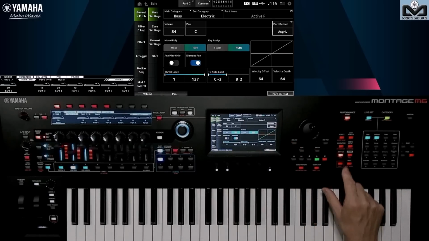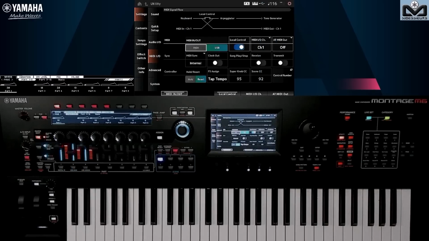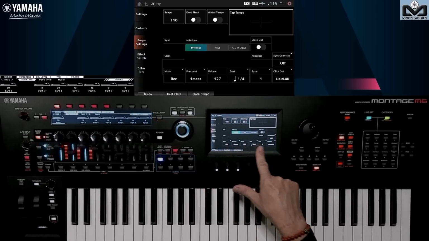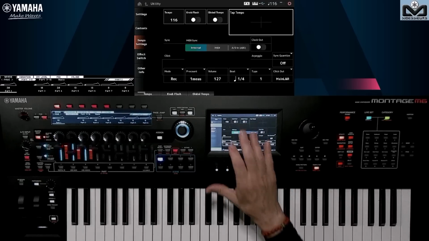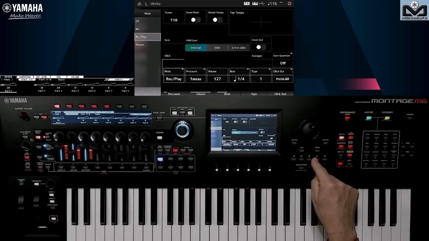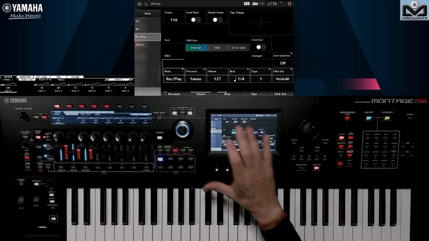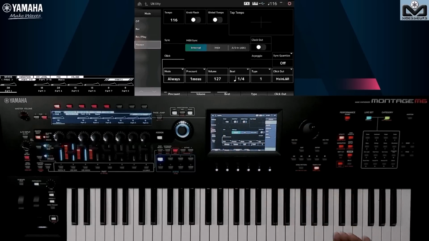You can send him the click by setting the right tempo for each performance directly from your Montage M. We go to Utility, then Tempo Settings, and at the bottom we have all the click settings. We can have clicks only in record mode, or for record and play. In that case, we need to have a song or pattern to hear on play. Always means you hear the clicks all the time. Here we can't hear it because it's on main LR, which are muted now for this video.